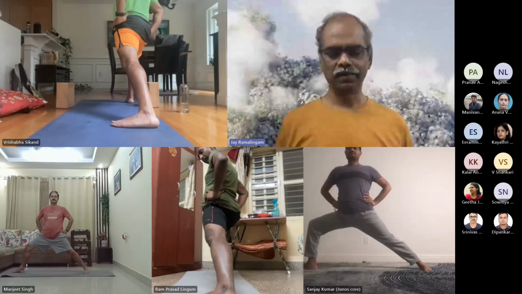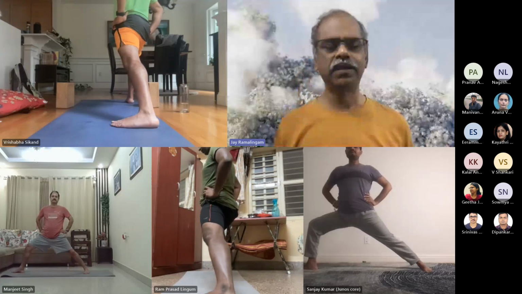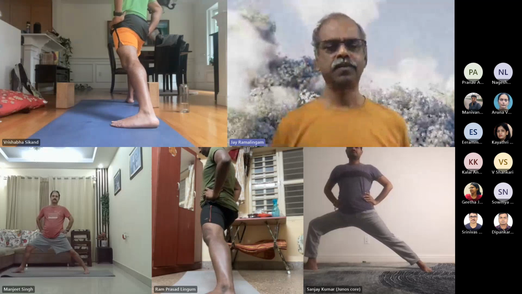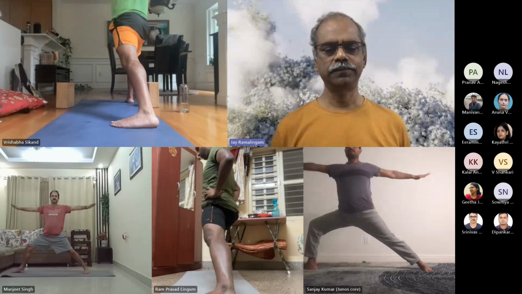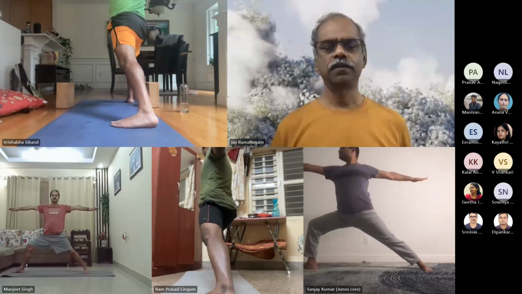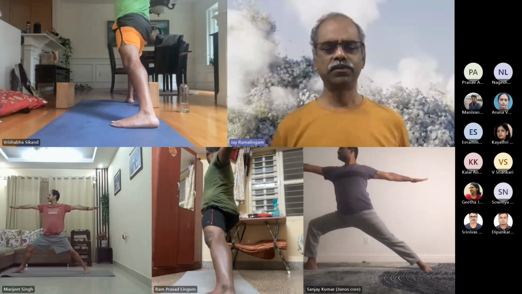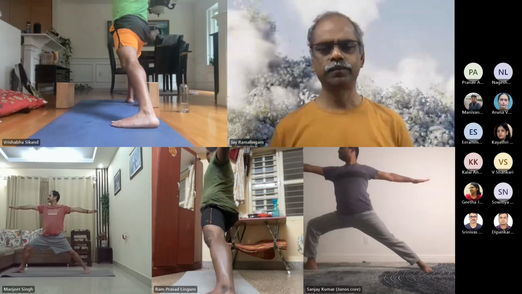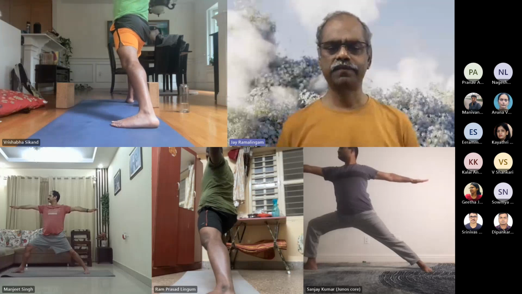Keep the spine always vertical, even if the spine tends to lean toward the right knee that is bending. Consciously bring the spine vertical. Arms up parallel to the ground. Shoulders relaxed. Gaze at your right fingertips and relax the shoulders and bend your right knee just a bit. 5 deep breaths.